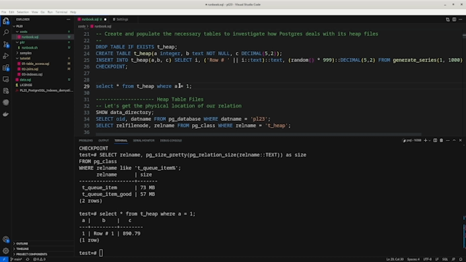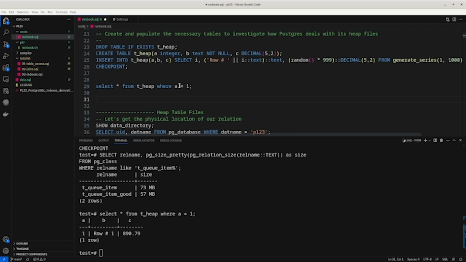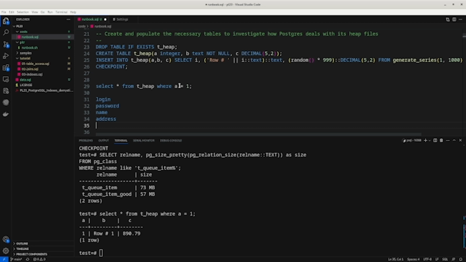But let's take into consideration that I have a table user, and in my table user I have the login, password, name, address, and I have what they call profile. And in this profile, I have a JSON file. Well, it's not uncommon, right? Nowadays you have a JSON or a text or something like that. So the problem is, this profile here will go to a toast file.